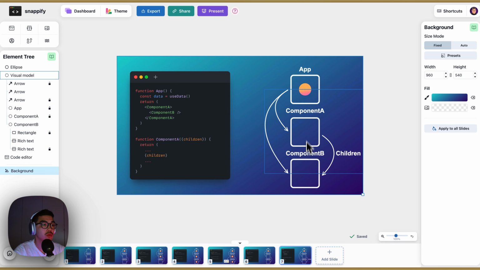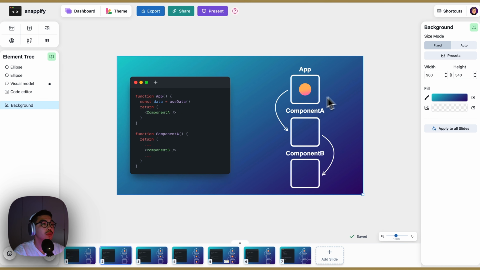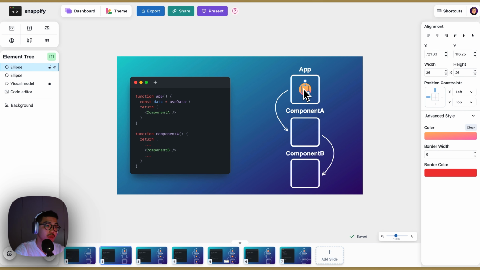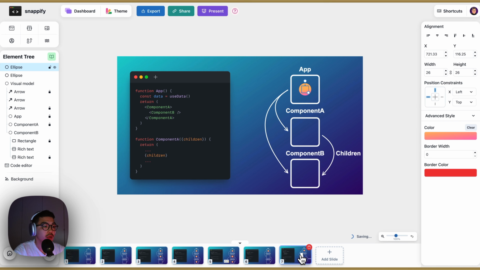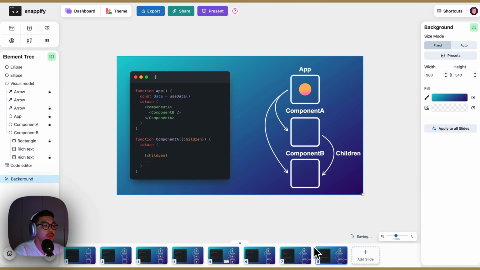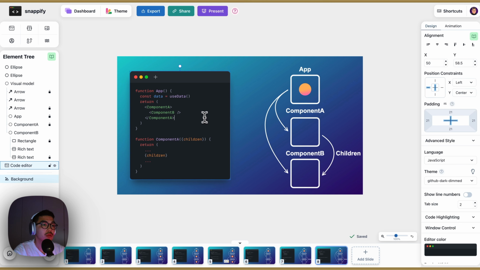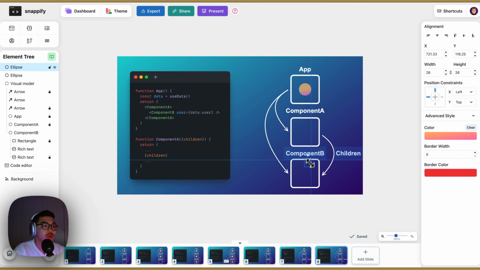from component app to component B. So for that case, we again can duplicate, also copy the transparent circle here and paste it here again. And now we're gonna duplicate the slide number 7. Make the code changes here, which is actually just this line, and here we also gonna just move it here, make it again bigger, center it,